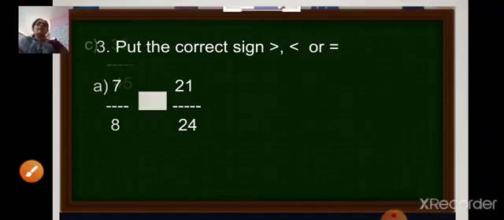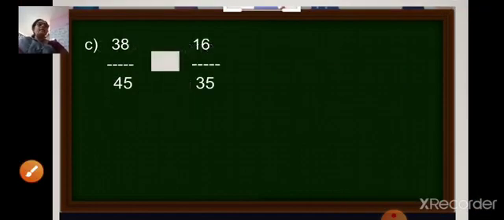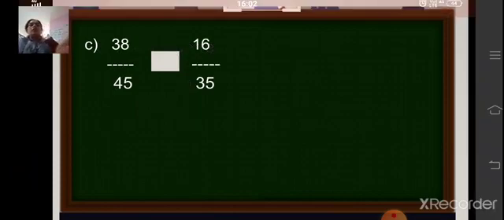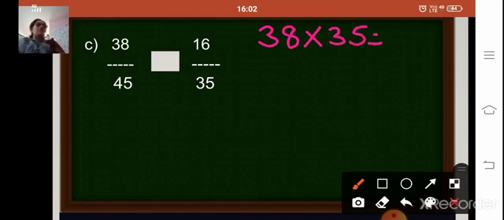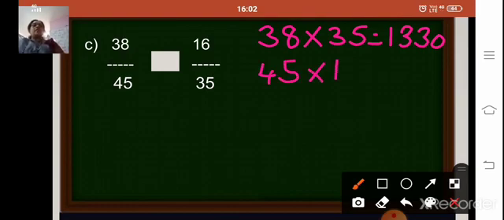So we are coming to the second sum, 38 upon 45 and 16 upon 35. So here again cross multiply. First, 38, the numerator of the first fraction, into the denominator of the second fraction, 35. Now when you multiply 38 into 35, your answer is 1330. The same way, when you multiply the denominator of the first fraction with the numerator of the second fraction, your answer is